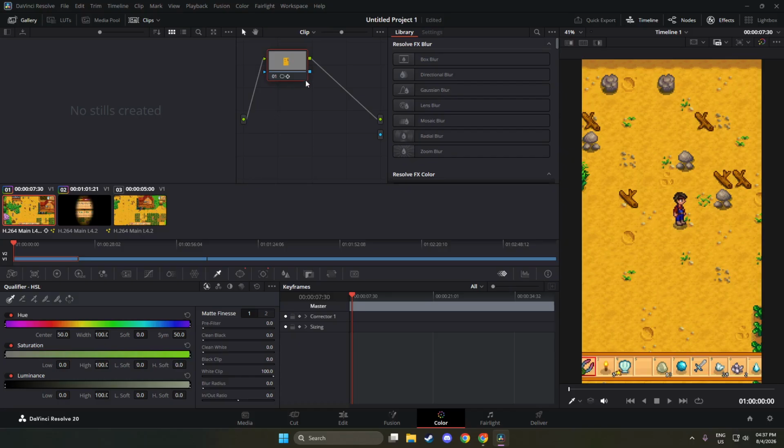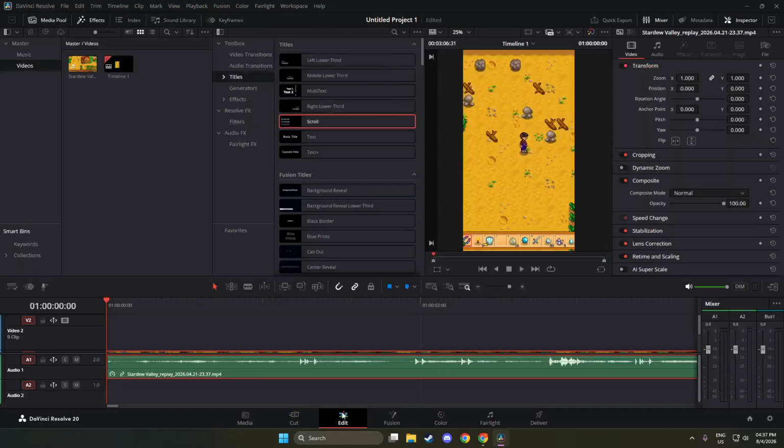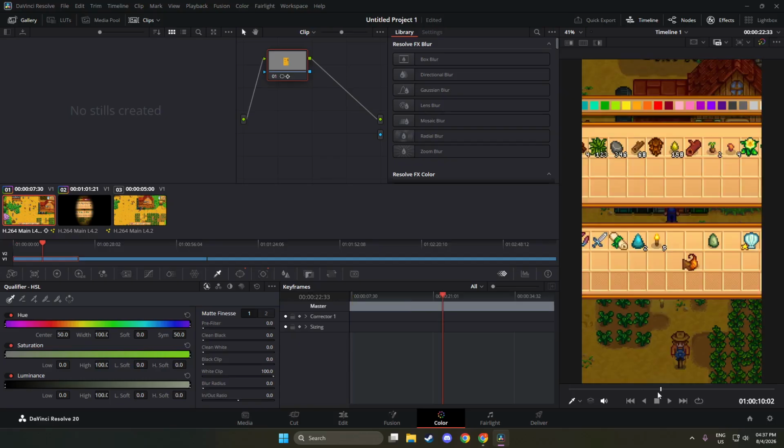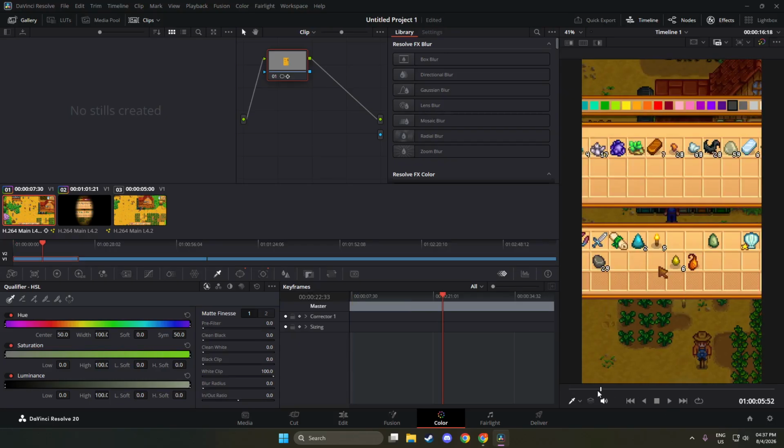Now move the playhead to the frame you want. You can drag the playhead in the timeline at the bottom or use the transport controls under the viewer. Take a moment to land exactly on the frame you want to export, because DaVinci Resolve will use this exact frame for the still image. A good trick is to use the arrow keys for one-frame steps if you need precise placement.